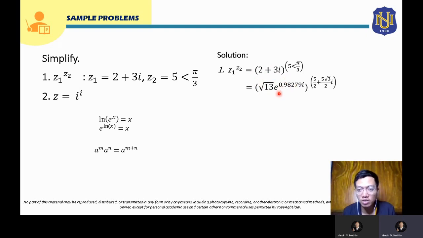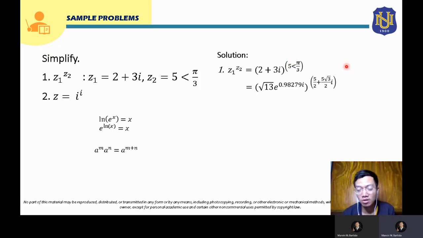Okay, so this will now be the exponential form of this rectangular form. And also our next step, our rule, we have to convert this power, which is also a complex number, into rectangular form. So to convert this into rectangular form, this will be its rectangular form. So we have to solve for x and y here, for the real part and the imaginary part of